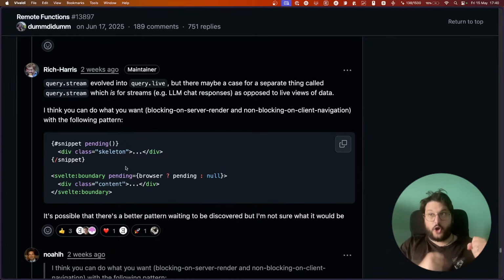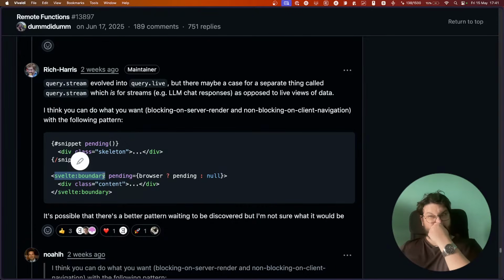It will server-side render if you are server-side rendering, but if you are client-side rendering, it will not await the component. It's a bit weird to say, but the point is you are only including a pending snippet in the Svelte boundary when the navigation is a browser navigation.